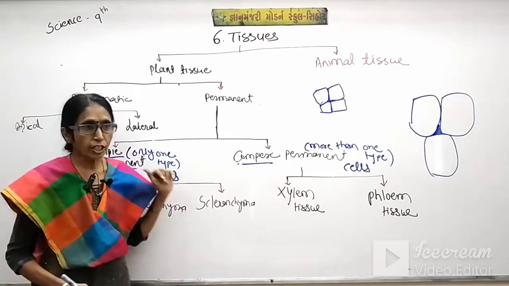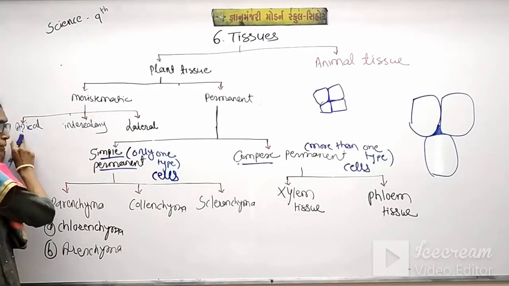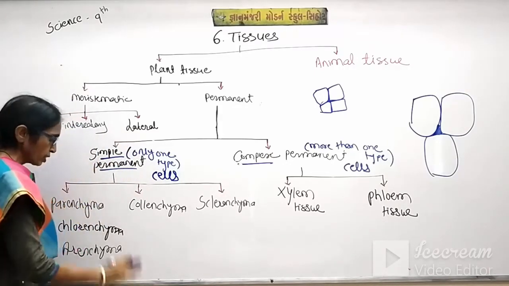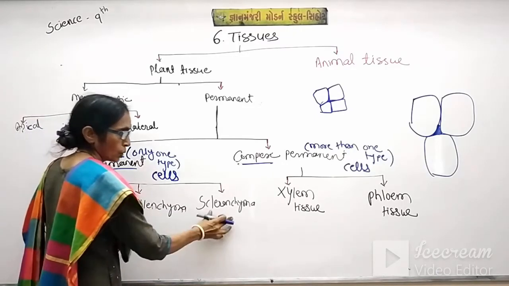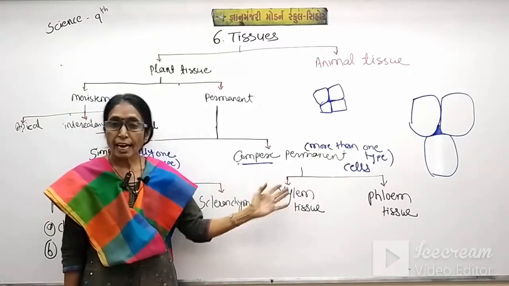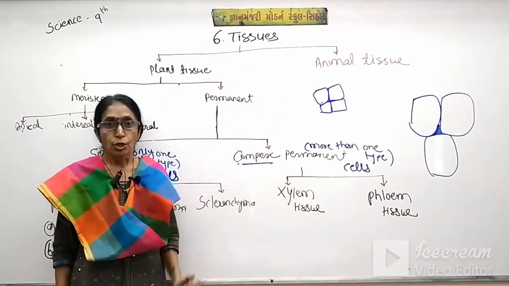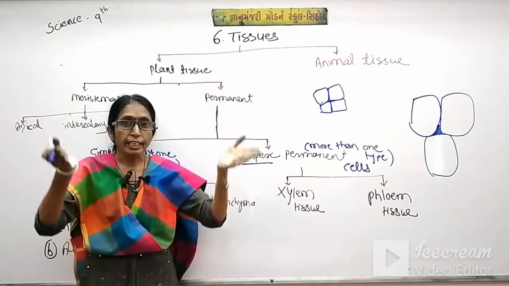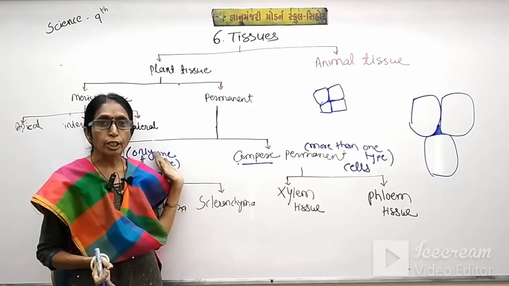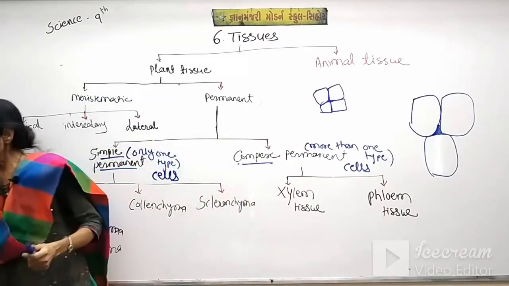phloem. In the previous session we discussed the properties of apical meristem, intercalary meristem and also the lateral meristem. Today we will discuss these characteristics, also of xylem and phloem. But you should know where the xylem tissues are located in the chart of a plant tissue. So we are studying the plant tissue as well. So today we will finish this plant tissue, and in the next period we will start with the animal tissue. Okay students, again